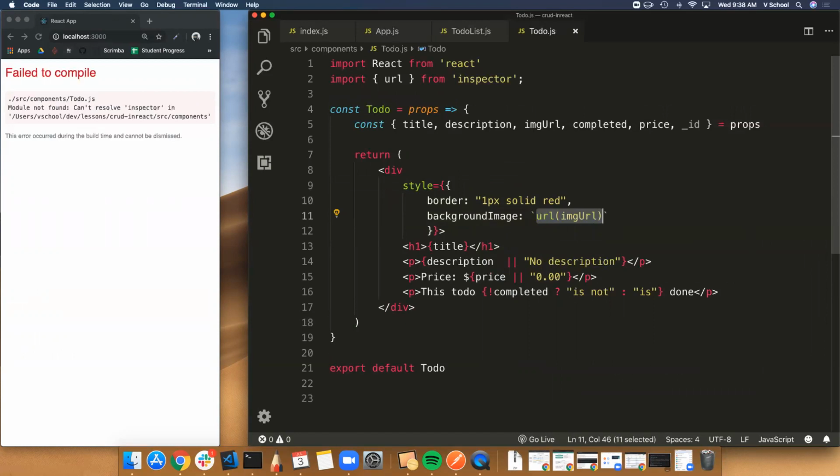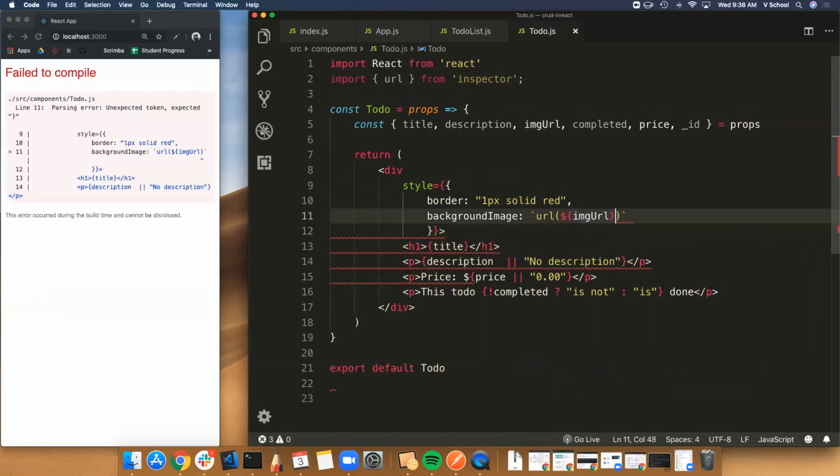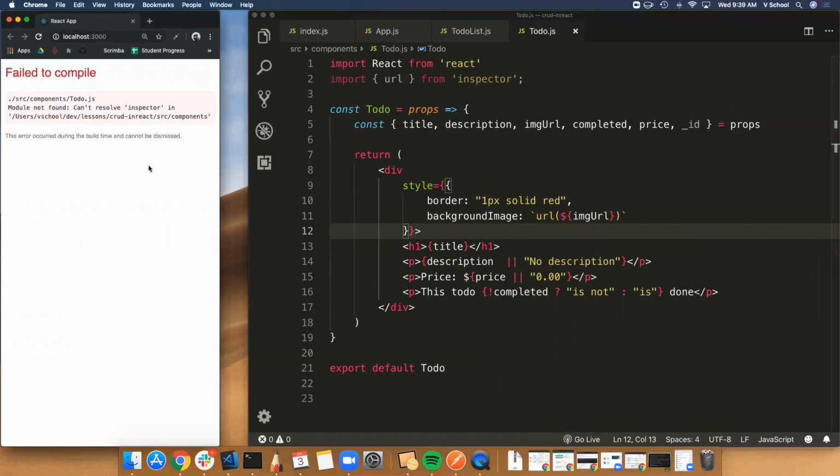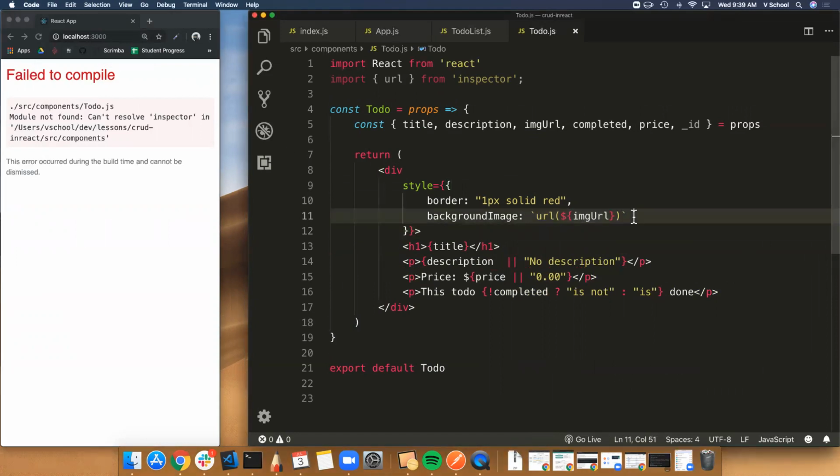We're in JavaScript land, yeah. We got to tell it to read this as JavaScript. What didn't I do? 10 points to the house that can find my error. Can't resolve inspector. Okay, that is really ambiguous. I've never seen this error before. Let's see. Well, we know something in here broke it. So if I comment this line out,